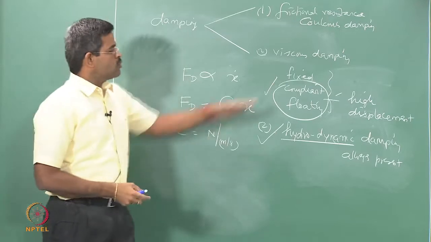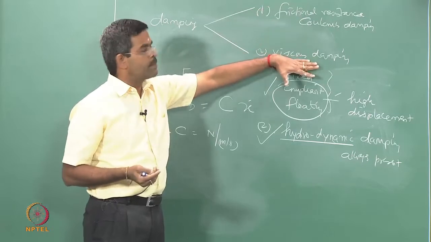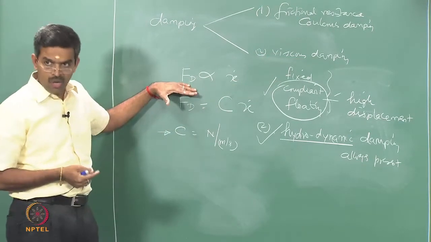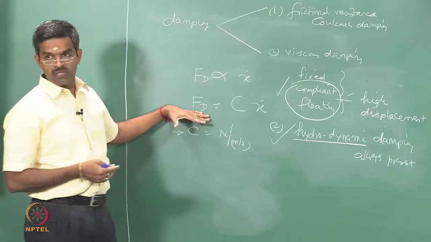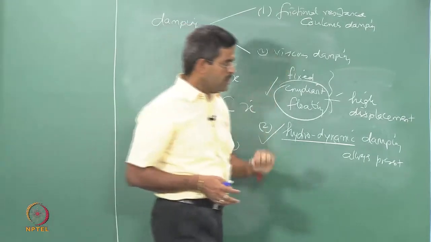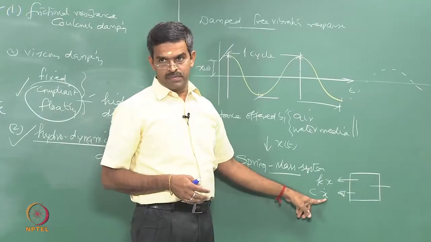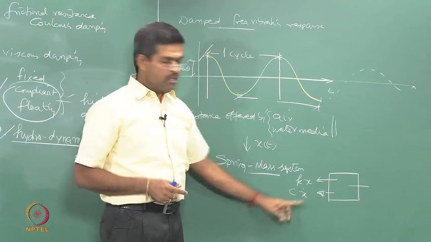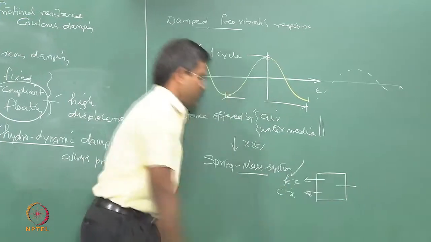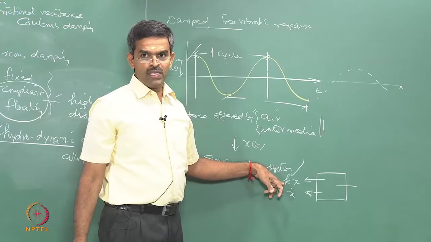Now, given these two reasons, we generally prefer to have viscous damping as a dissipating or resisting force in the system compared to Coulomb damping. Therefore, in my system this damping force should be proportional to x dot. Okay. So, there are two forces now, one is the restoring force offered by the spring stiffness,